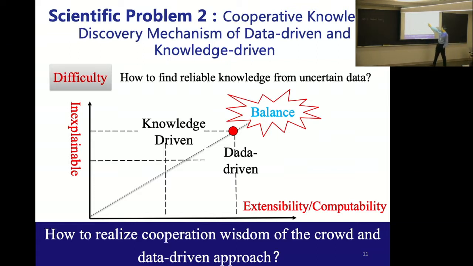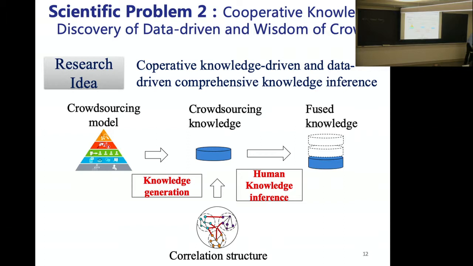So the question is how we get a balance. We can take advantage of computer science's strengths, being fast and computable, but at the same time also get the advantage of human social science, that everything is explainable. That's a very hard thing. For now, the key thing is we still use the crowdsourcing model, because with cloud computing today we can't go that far. So we still use that model, and if we want, it can help us a little bit.